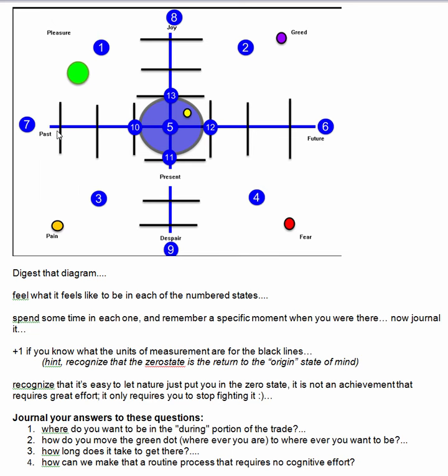Spend some time thinking about how you might measure those hash marks. What am I marking? Maybe it's plus or minus standard deviations or some unit of measurement. What might that be? How might that help you calibrate where you think you are, to do a rapid self-assessment, diagnose it, and then have a strategy for moving from 1, 2, 3, and 4 towards 5 until you're in the right region. Figure out where you belong when you're trading at your best. Where do you need to be and how do you get there?